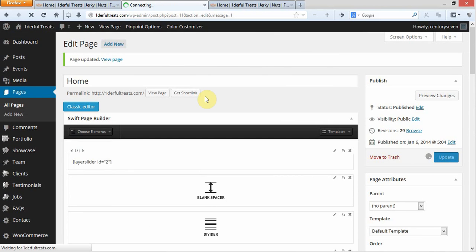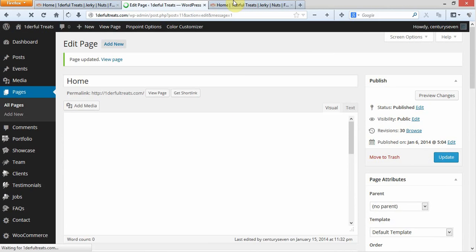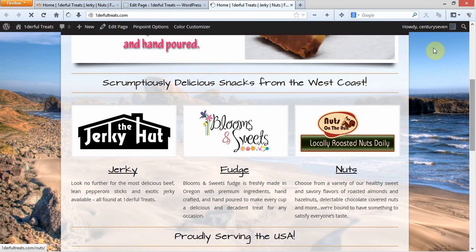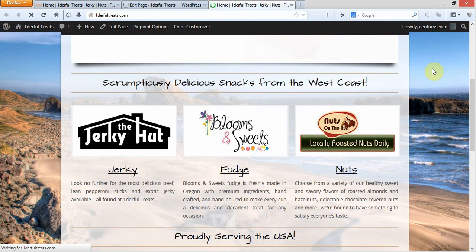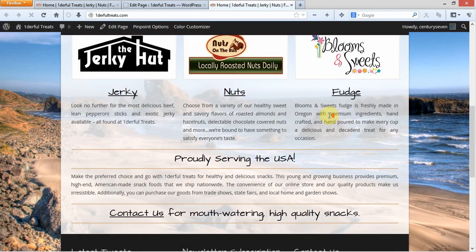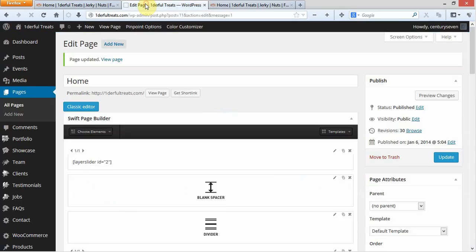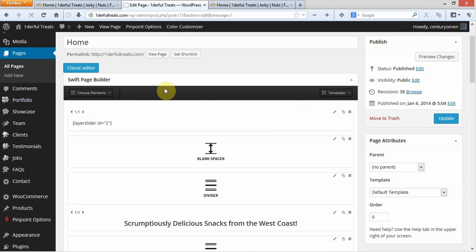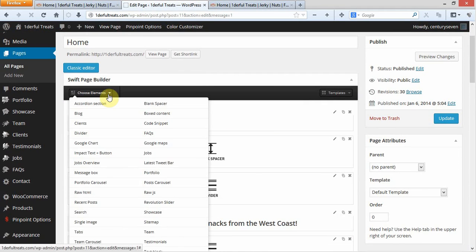But how do we add stuff to the page? Well, that's over here with this little thing that says choose elements. So now that we've saved the page, let's go back and refresh it to make sure it's now in the configuration that we want. Sure is. Everything looks good. Okay. Come back here. And now if I wanted to add something to the page, I would come over here and click choose elements,